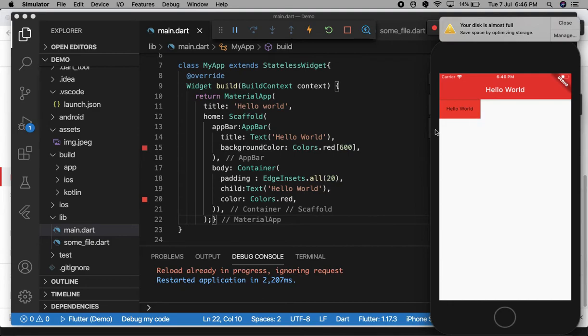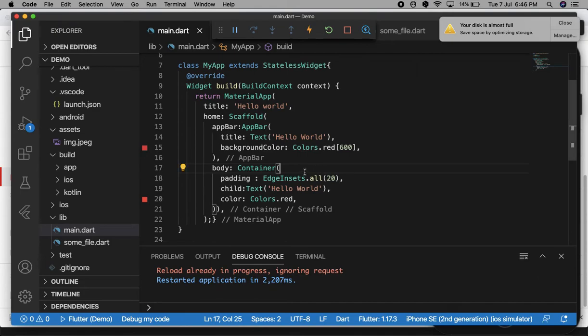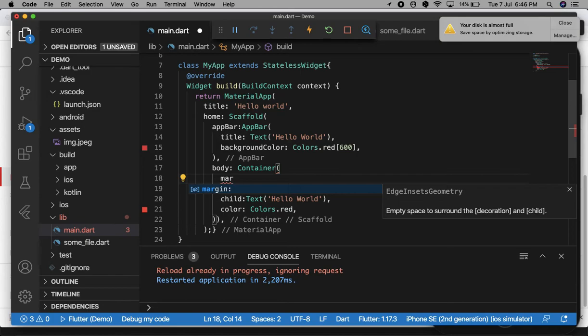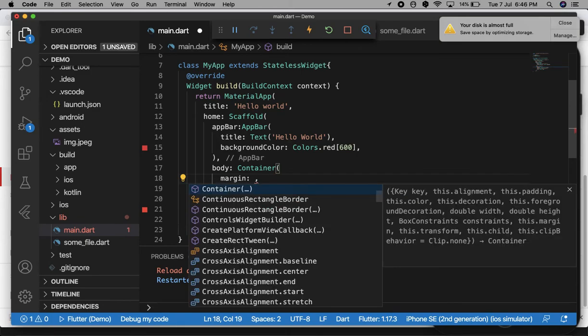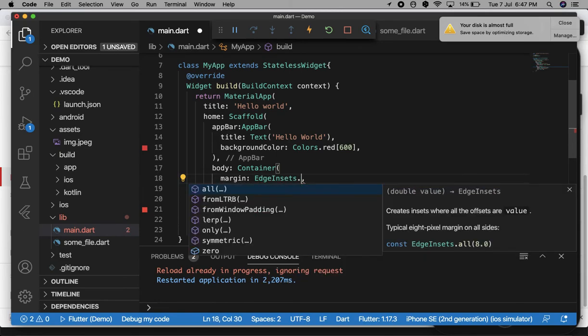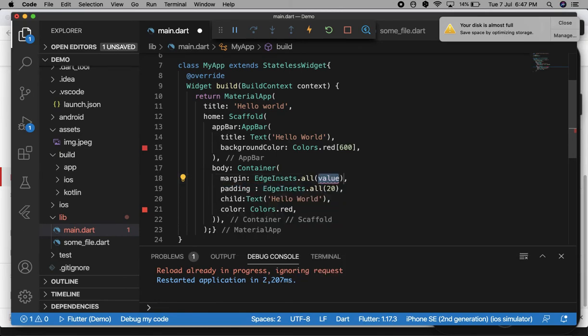That is called padding. And if you want to put any space around the corner of this container, then you have to use the next property, margin. So here I am going to use the next property, margin. Then the same, you can use EdgeInsets.all 20.